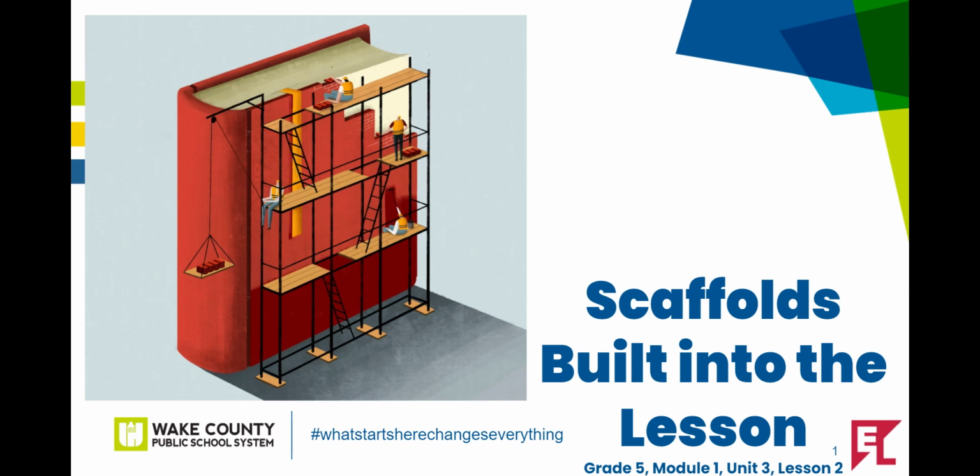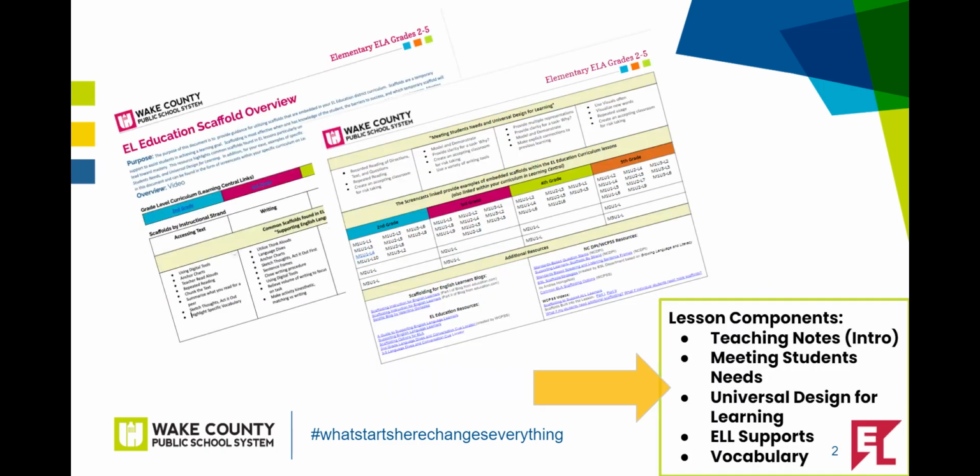Throughout this learning opportunity, we'll focus on examples of scaffolds that already exist within EL Education lessons using Lesson 2 from Grade 5, Module 1, Unit 3. An EL Education scaffold overview document for elementary ELA grades 2 through 5 can be found in Learning Central under the appendix within each grade level module and in the teacher planning tools for your grade level curriculum. Please refer to this document for additional supports as you plan. The lesson components listed on the slide are where you can locate embedded scaffolds within lessons and will be highlighted